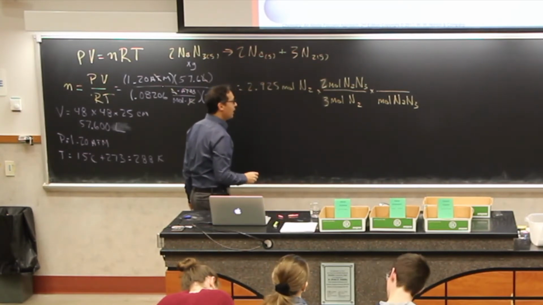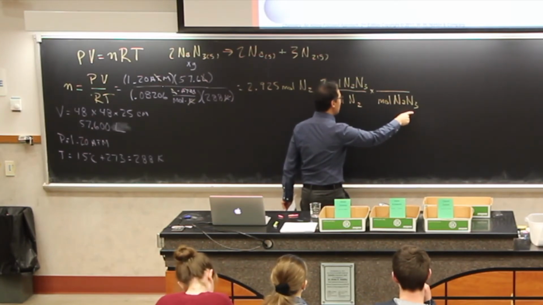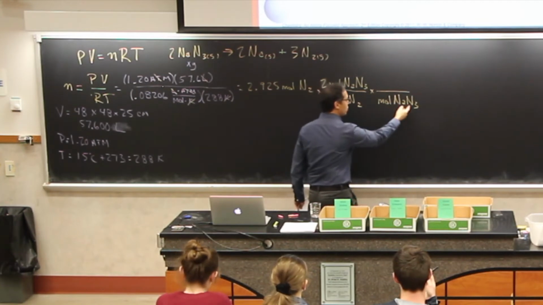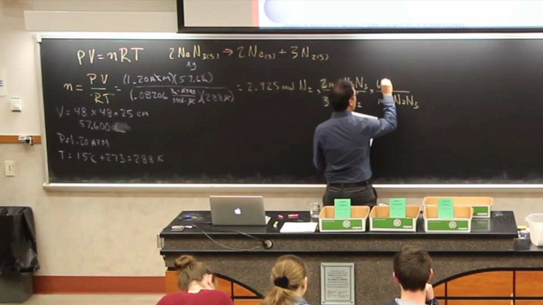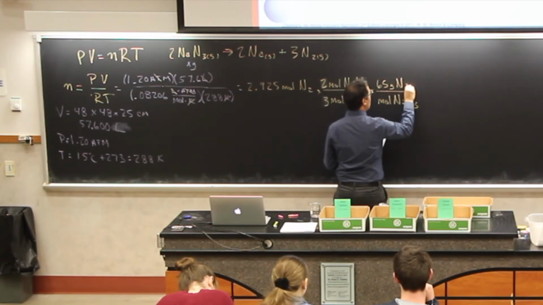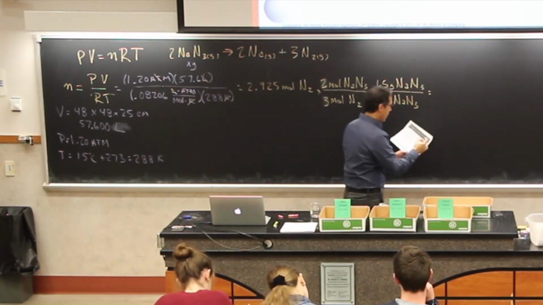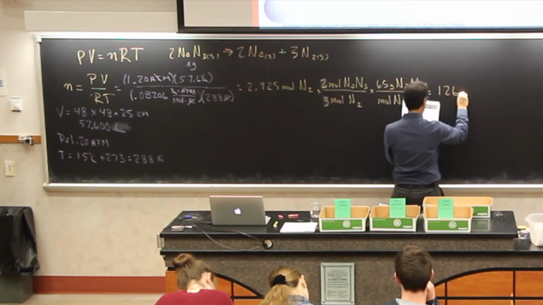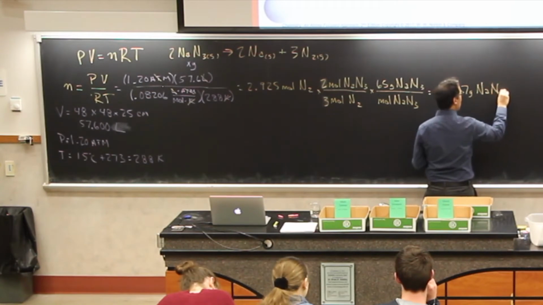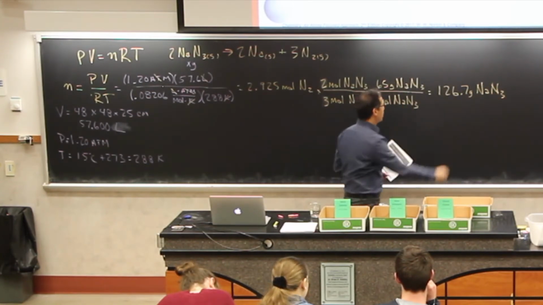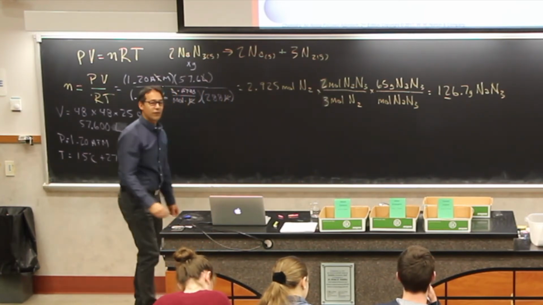That was awesome. Okay. So now we have moles of sodium azide, and then just some number of grams. So I take a sodium and 3 nitrogens, I add those together, and I get 65 grams of sodium azide. And when I did all that, I ended up with 126.7 grams of sodium azide. I think sig figs might be 2 there for that one. So that's how much sodium azide it takes to fill up our